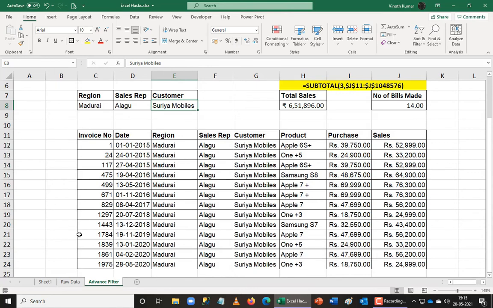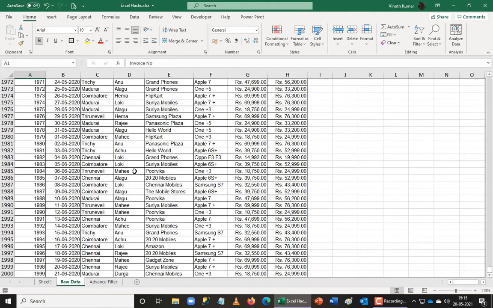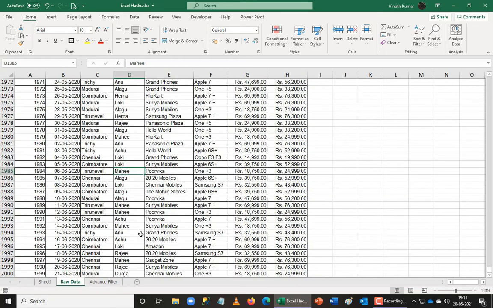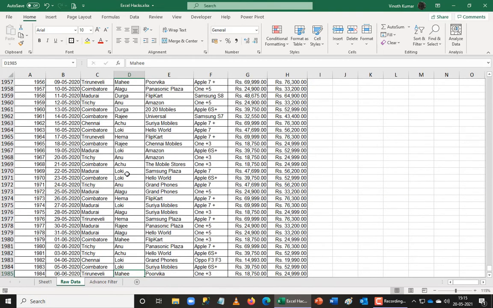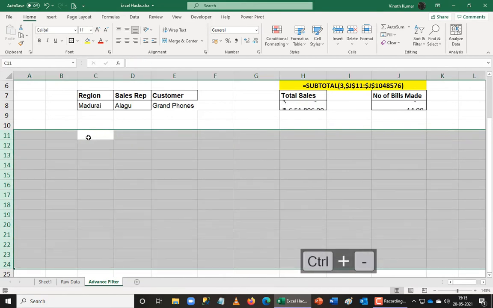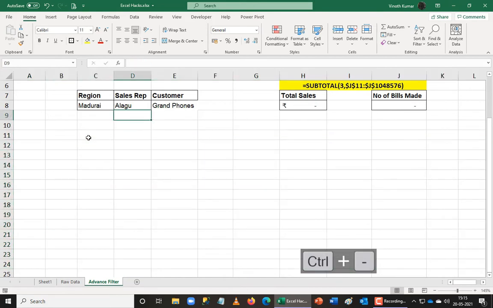For example, now I want to take up the same dimension with a different customer. So let's come back to my list here and pick up a customer, let me see whether the dimension is going to match, because I don't want a blank answer here. So wherever I get an output, I'm going to pick up that customer. So I'm going to pick up a new customer here, Grand Phone. So I'll add Grand Phone here. Then if I extract or delete the entire list, my formula will automatically update on top.